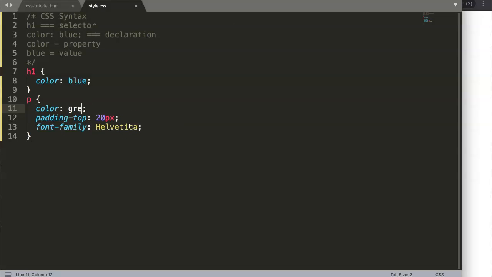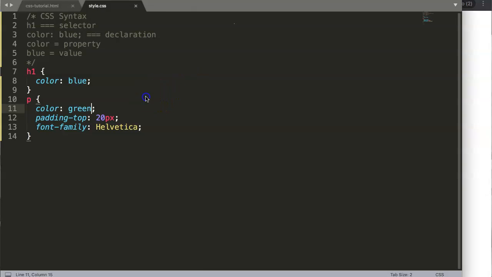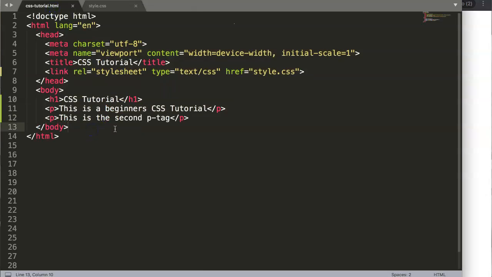Let's say that we're going to give this a color green. However, maybe the second paragraph should not be green. And how can we then adjust this? So let me show you exactly how we can do this. With that, we can assign a class to give it a different value or a different CSS property. So let's do that. To do that, we need to assign a class in HTML and then give this